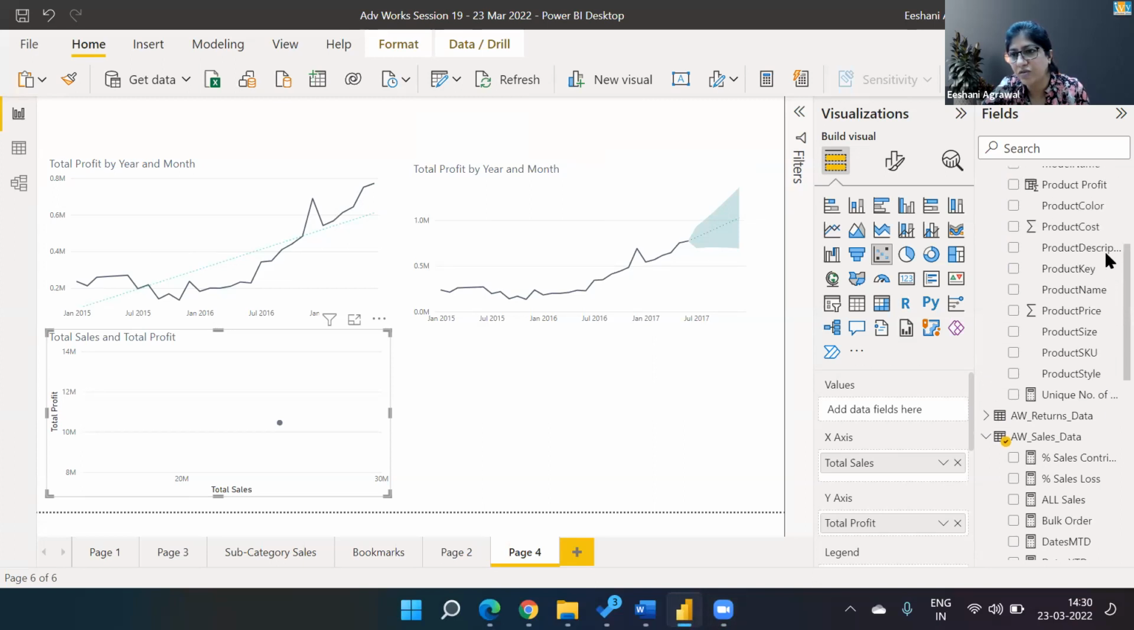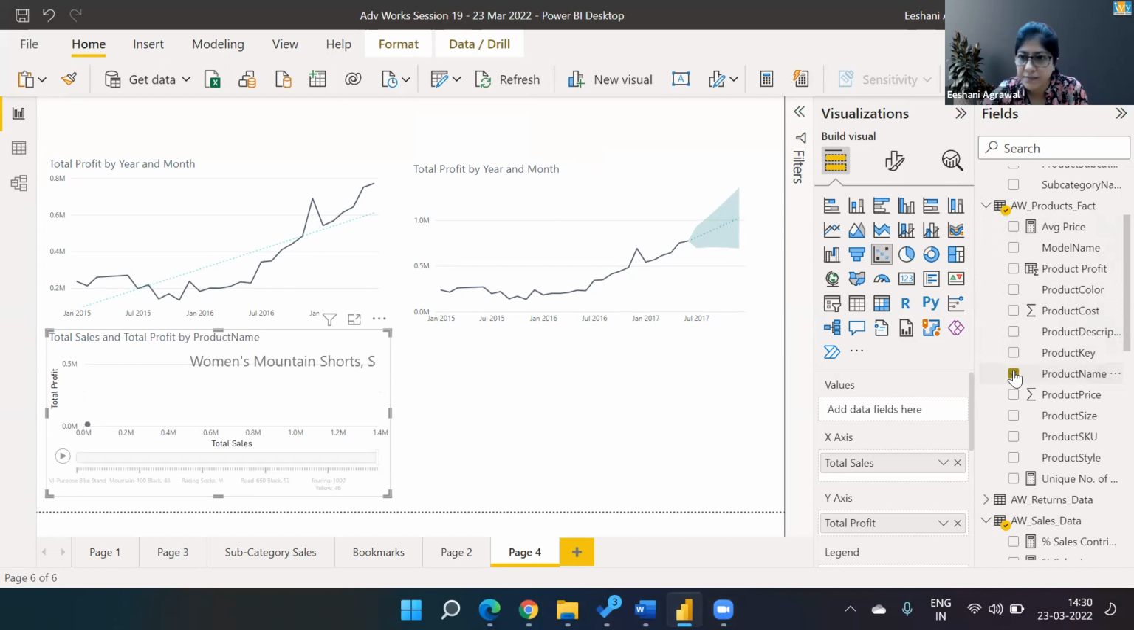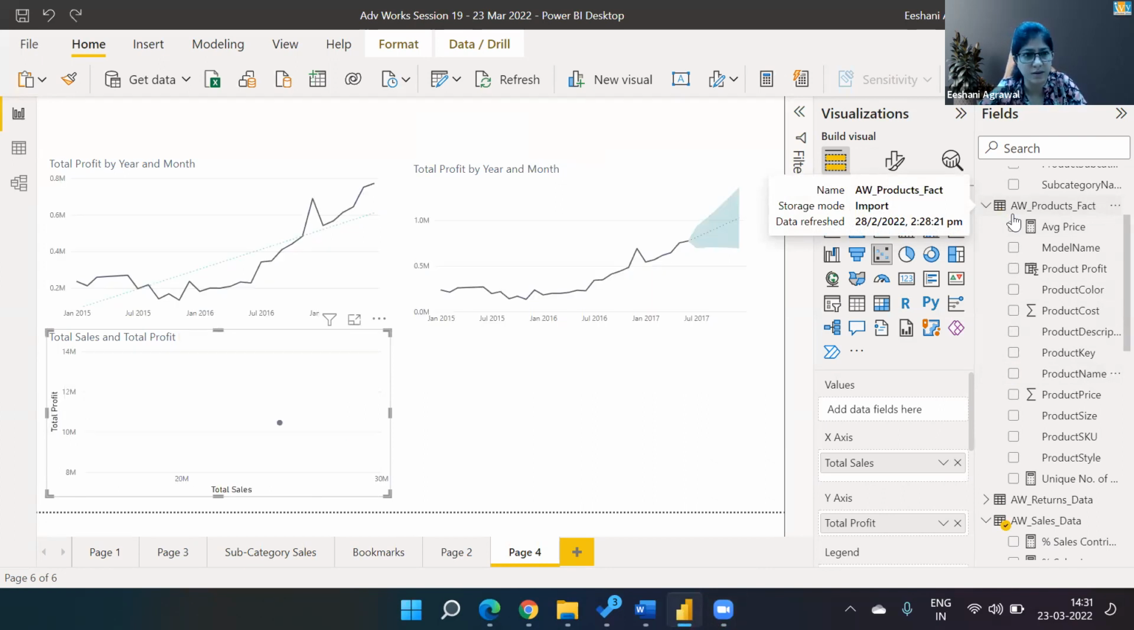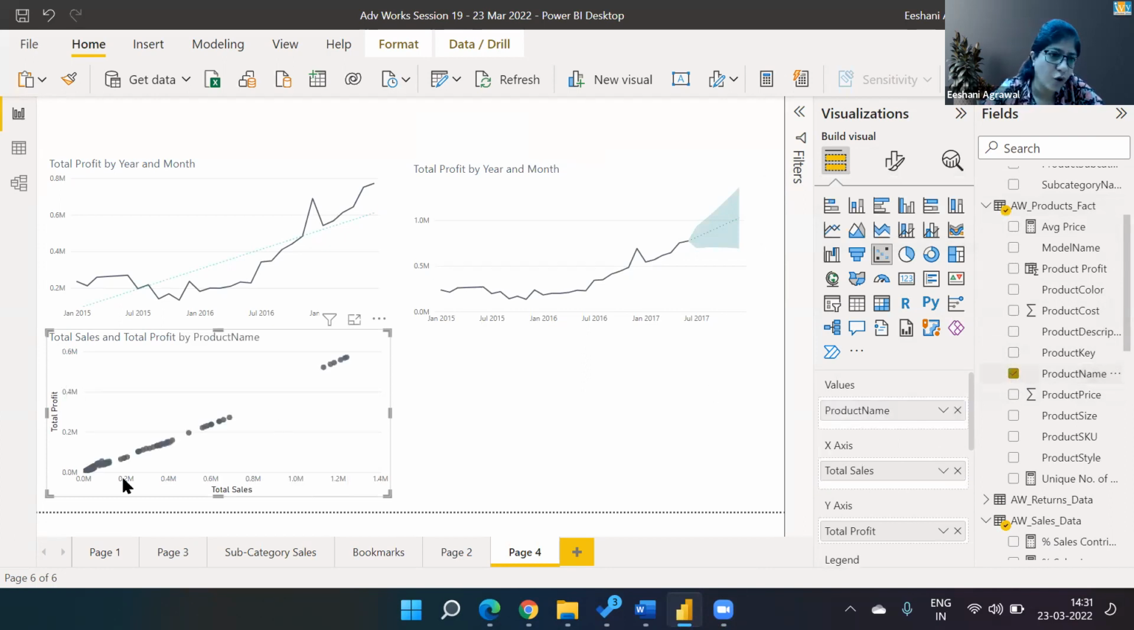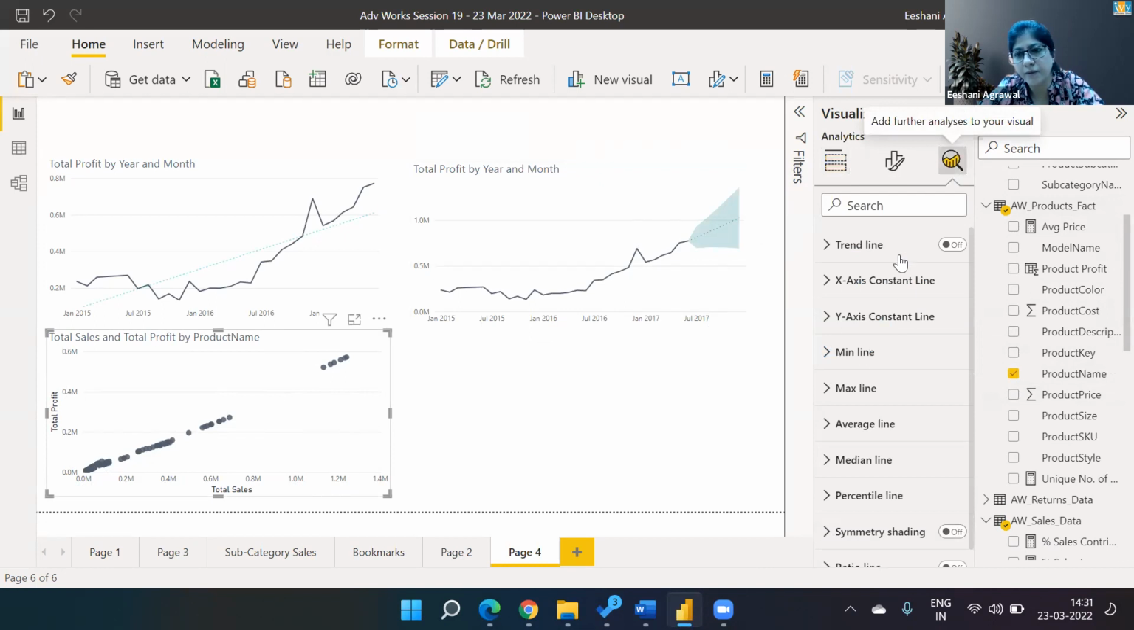And let me just put the product name. What happened now? What did I press extra? So if I press the product name, all these are the various product names that are there. There are certain products that give higher sales and higher profit. There are certain ones which are giving lower sales and lower profit. Now in this, when you click over here,